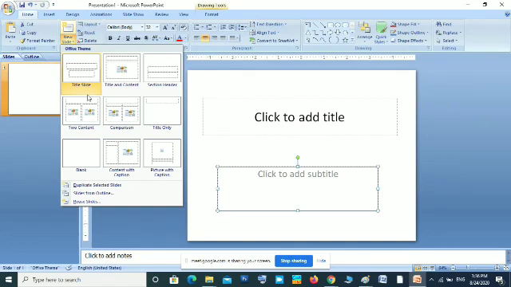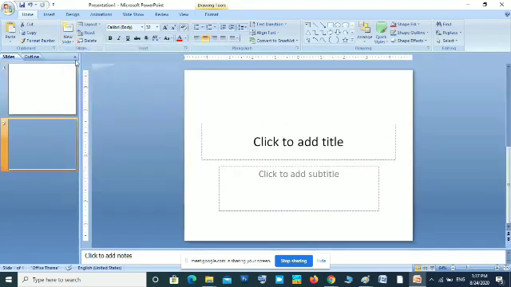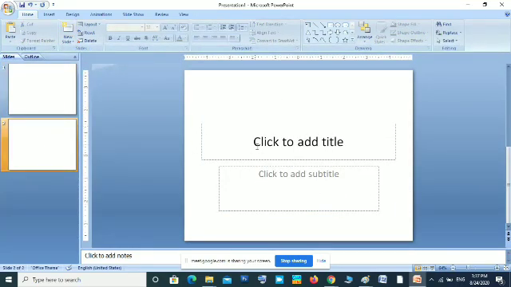Which layout you want? First one is Title Slide. And this is mainly used for giving titles for our presentation. Okay, for example, Present Public School, Onam celebration, or whatever you want. That first page is called the title page. So the first screen in our presentation is known as the title slide. So this we can insert for our title.